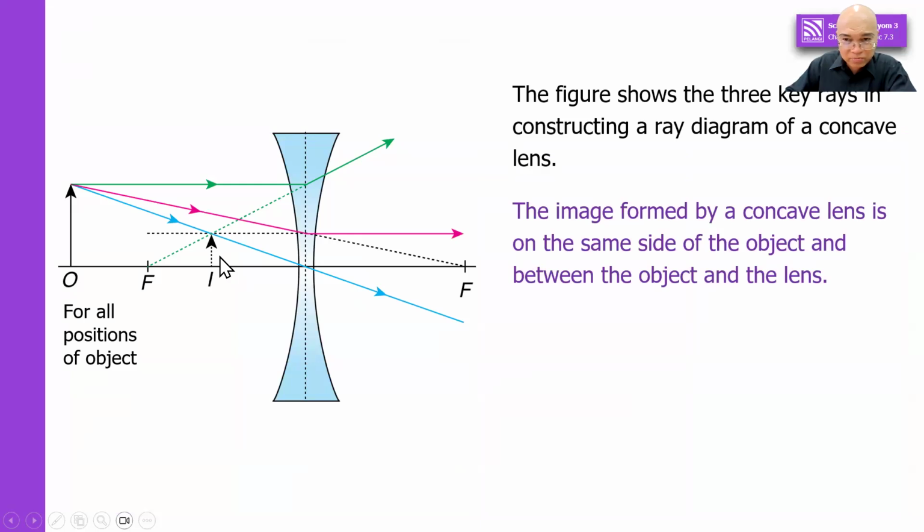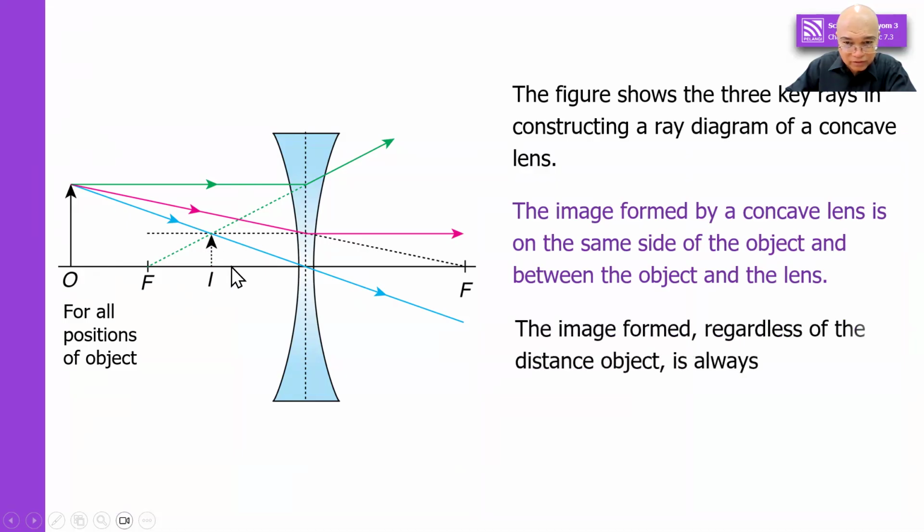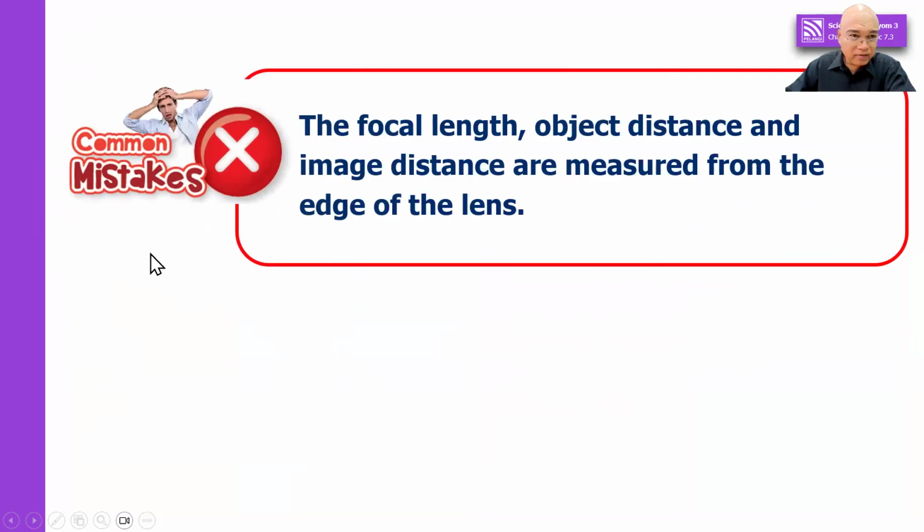And between the object and the lens, this is the object and the lens, in between right here, the image is formed here. So the image formed, regardless of distance, is always virtual, upright, and diminished. Okay? Now, common mistakes. The focal length, object distance, and image distance